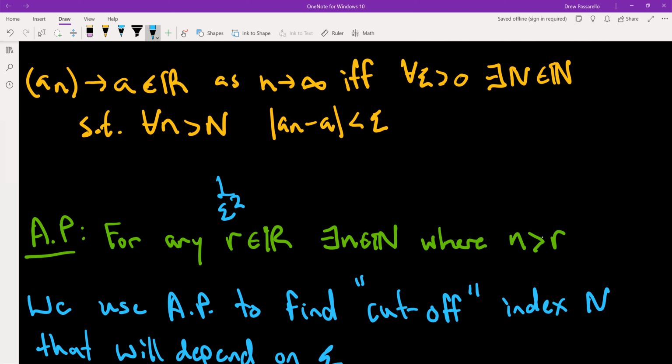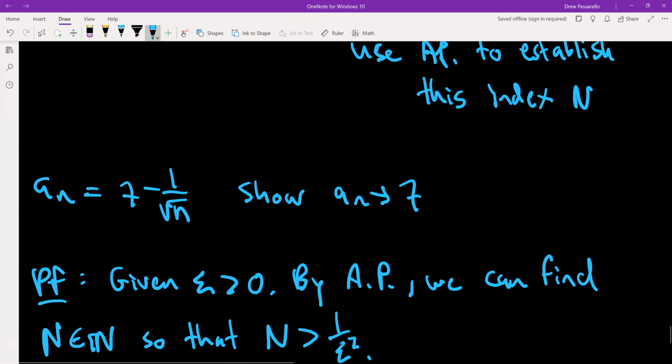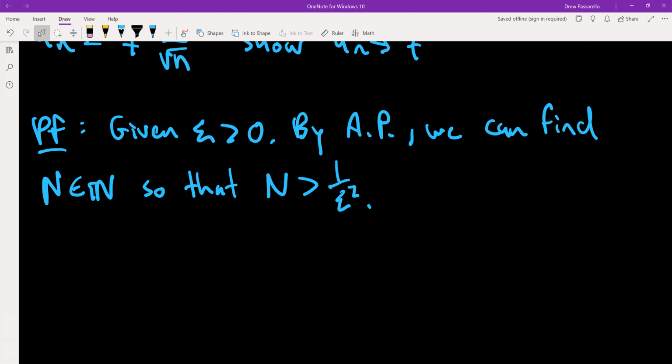And so there exists a natural number, in this case I'm using capital N instead of little n, where capital N is bigger than 1 over epsilon squared. Okay, so we can find that capital N such that that happens. Then for any little n bigger than capital N,